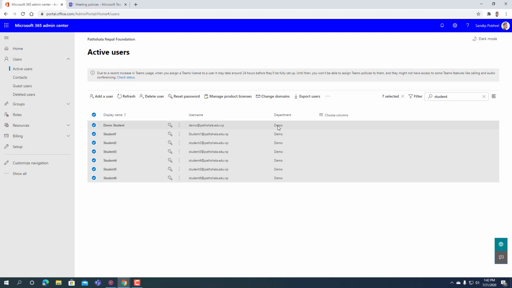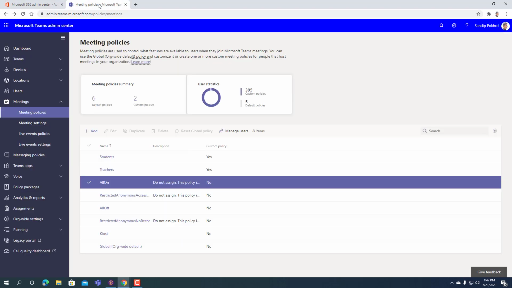Here you can see the users in the demo department. Now I will use the users from the demo department and assign the policy. Similarly, you can do this for other users by naming different departments too. Now let's move to Teams Admin Center,